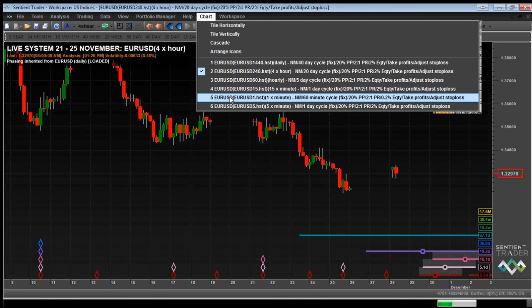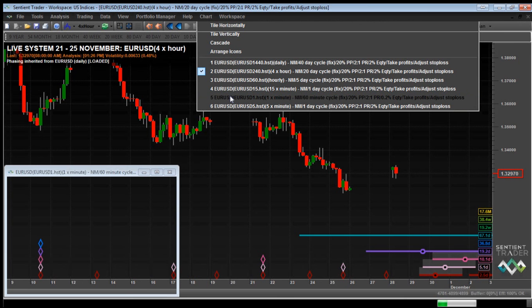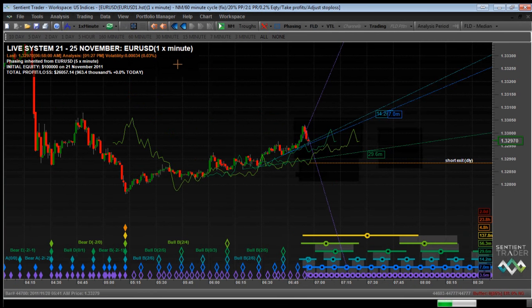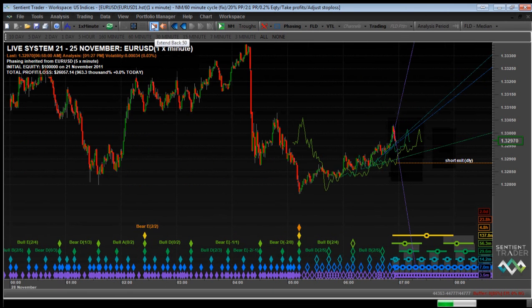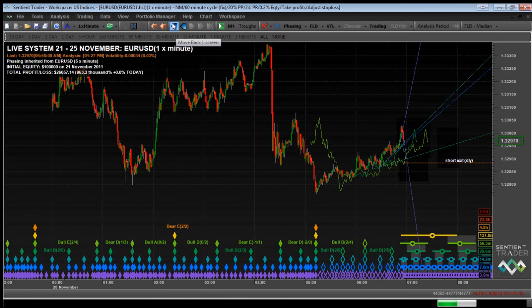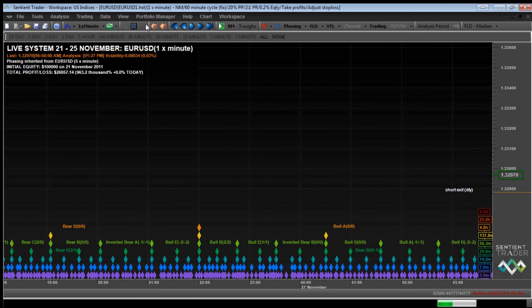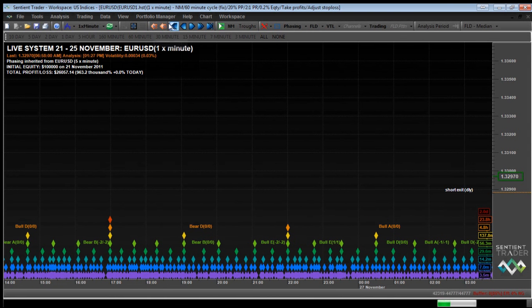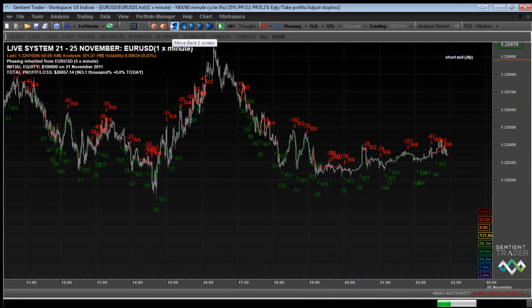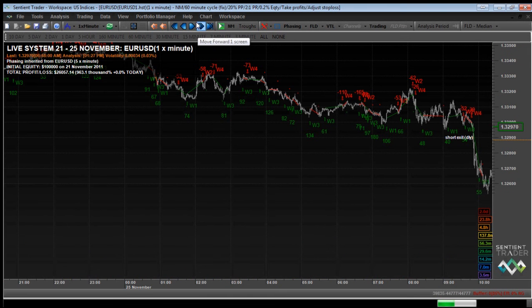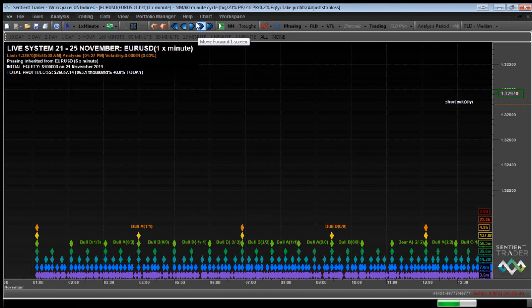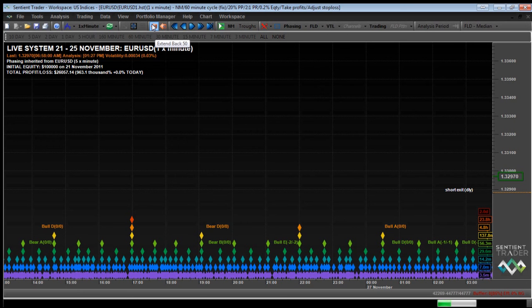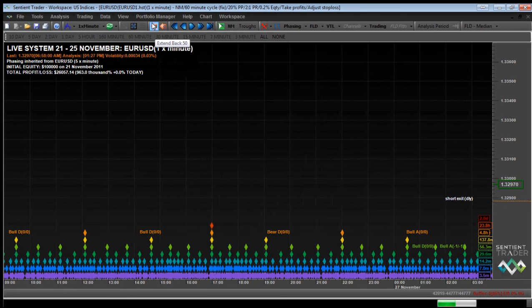Andy asked a very interesting question there: what about the gap that happens over the weekend? So let me go back to Sentient Trader and look at this live stuff. Let's go to the 1-minute chart, which is doing all the trading. Just to remind everybody, this is the live analysis system workspace. It's just a backup that we make on a Monday morning, so it's not connected live. Let's go back in time, and let me keep zooming out and show